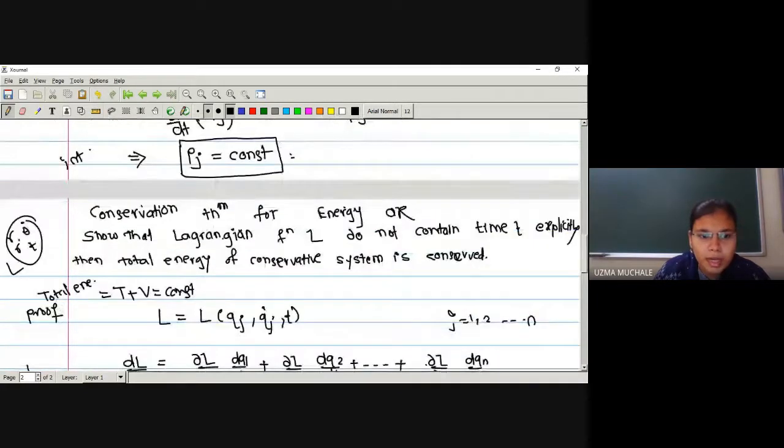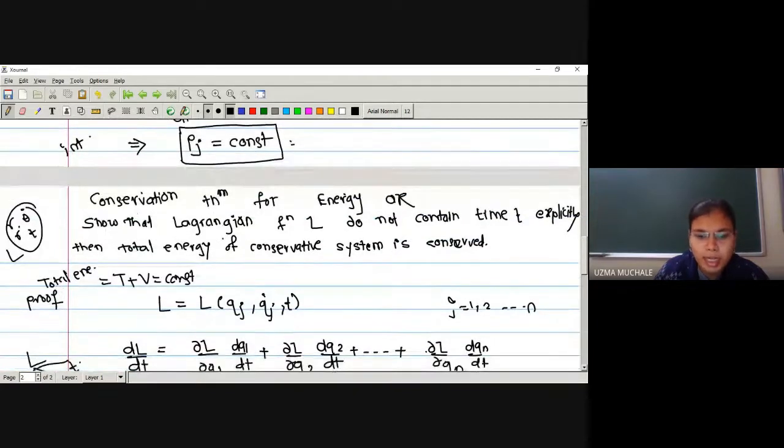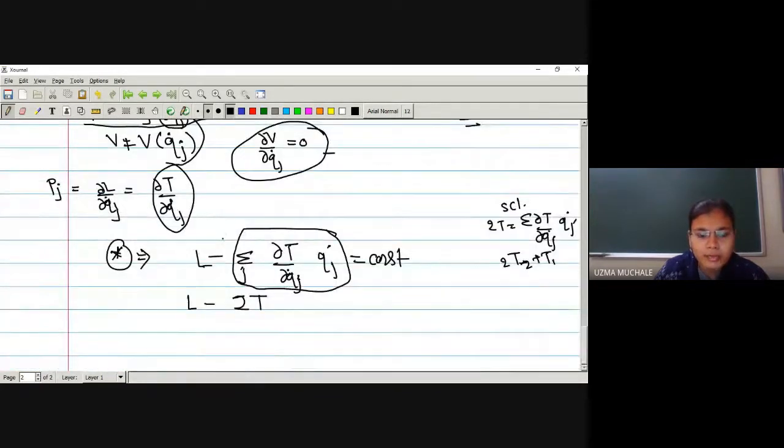So from the conservative scleronomic case, because we are provided in the question that L does not contain T. If L does not contain T, which means we are in the case of scleronomic. So the value of this term we have replaced by 2T from the last lecture. In the exam, don't write "from the last lecture". You have to write down the statement of that theorem. In the case of a scleronomic conservative system, kinetic energy can be written as a homogeneous quadratic function of generalized velocity. Then by using Euler's formula, this value is equal to 2T.